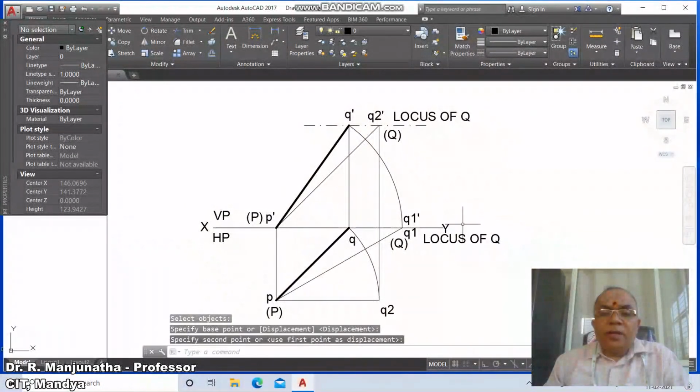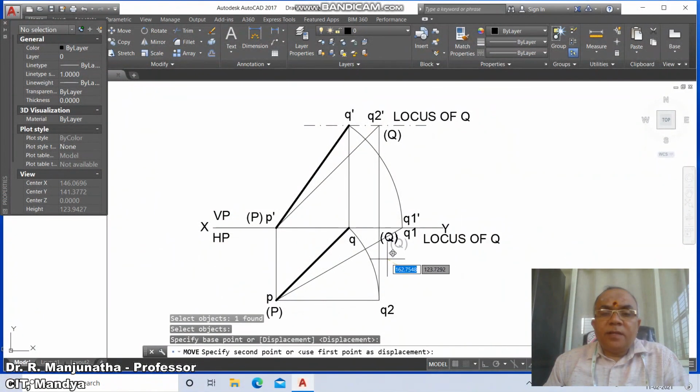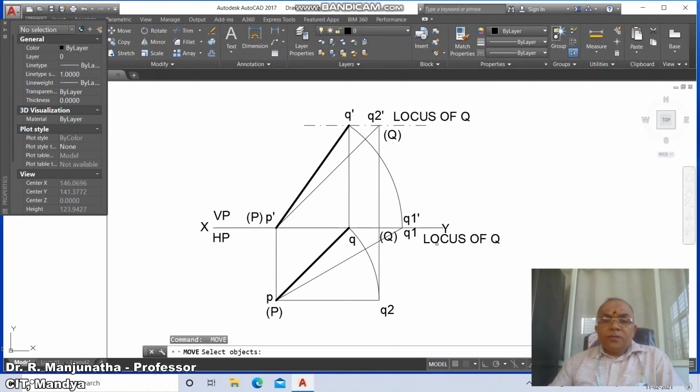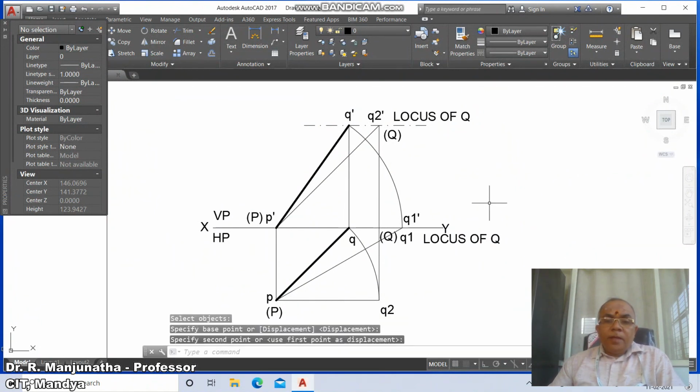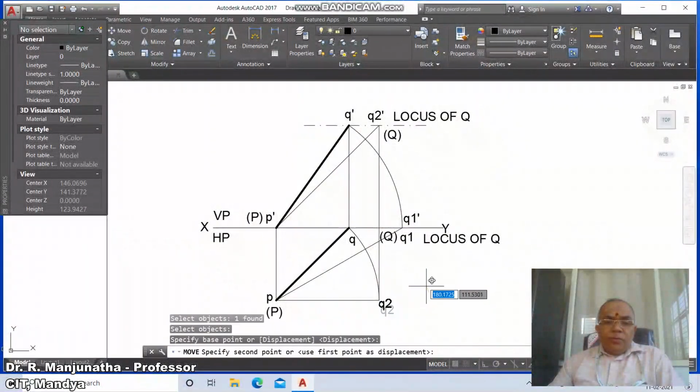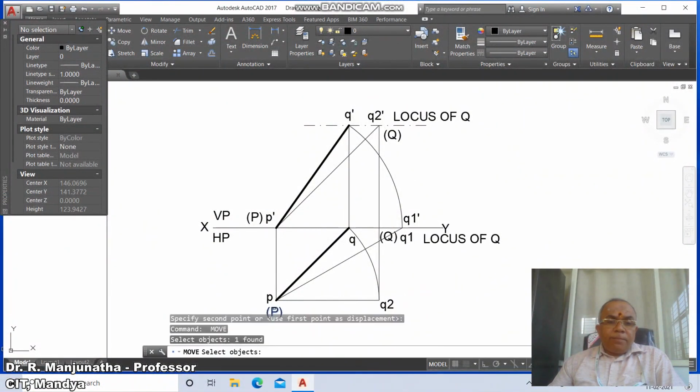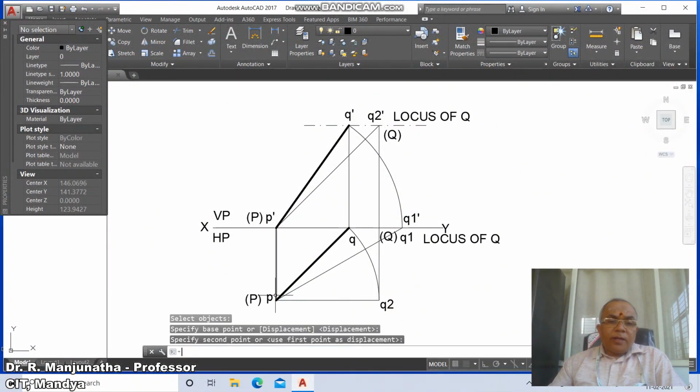So this will be Y and this will be capital Q. This is Q1 and this is Q2 and this is P, and you move it accordingly.